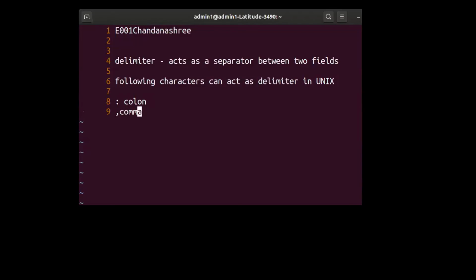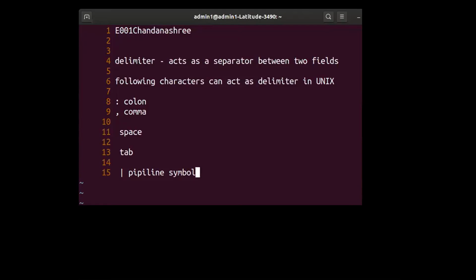Second one is comma. Then space can also act as a delimiter. Tab can also act as a delimiter. And the last one is the pipeline symbol. So these are the 5 characters which can act as delimiter in Unix: colon, comma, blank space, tab, and pipeline symbol.